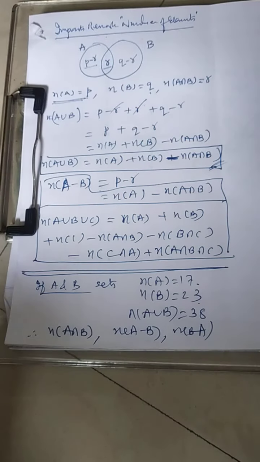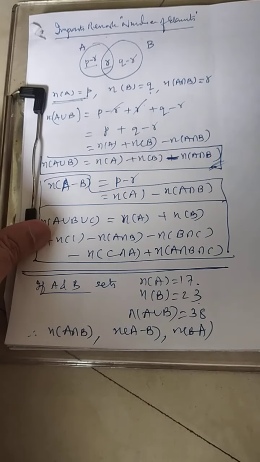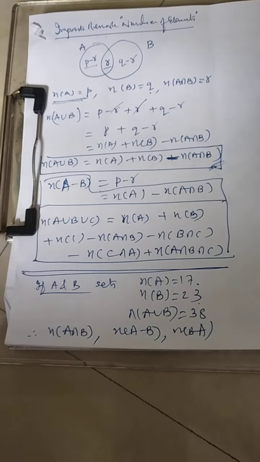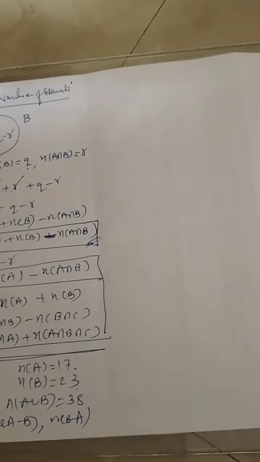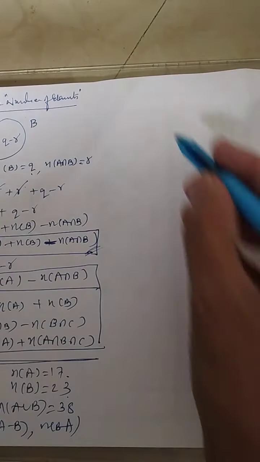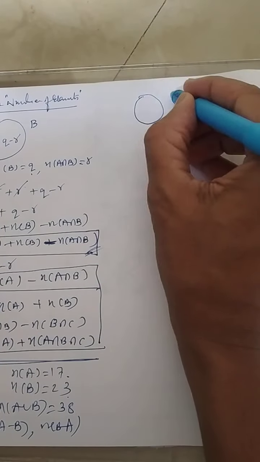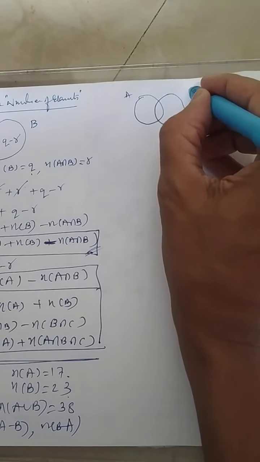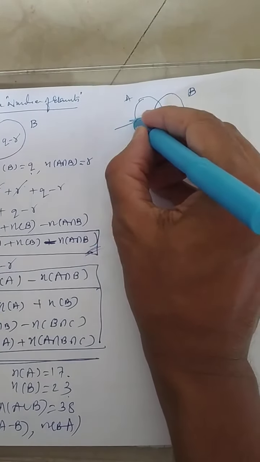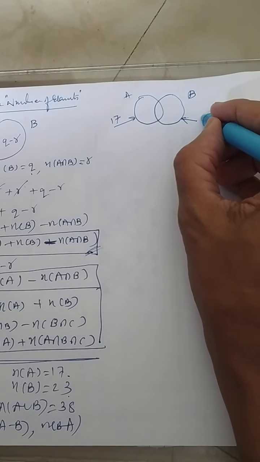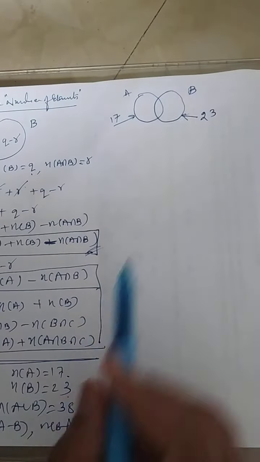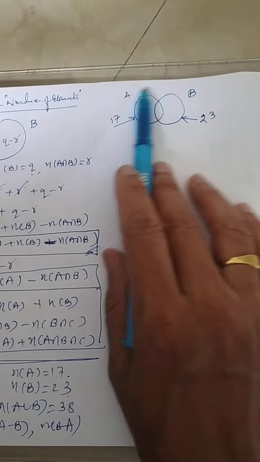Now I am sharing another, different approach, showing how this can be done with Venn diagrams. Let us see how to solve this question by using a Venn diagram. How many sets are there? A and B. So I am going to draw the A set over here, and the B set. n of A will have 17 elements. I am writing outside. B will have 23 elements. And A union B means the entire set will have 38.